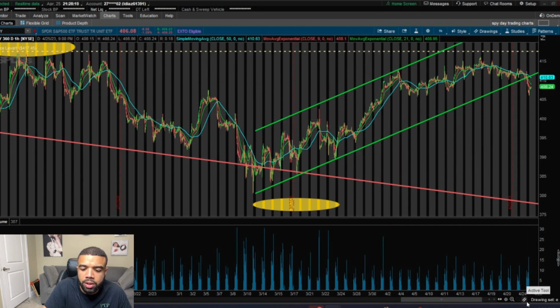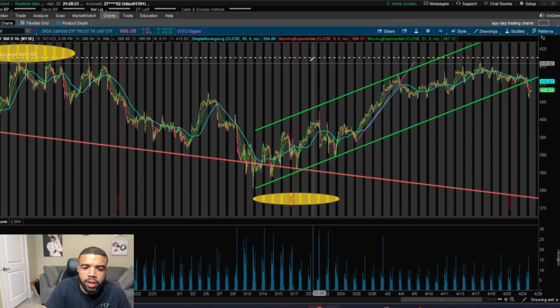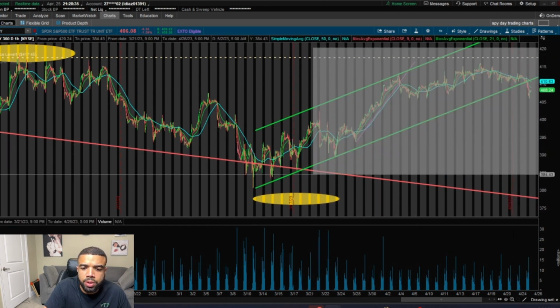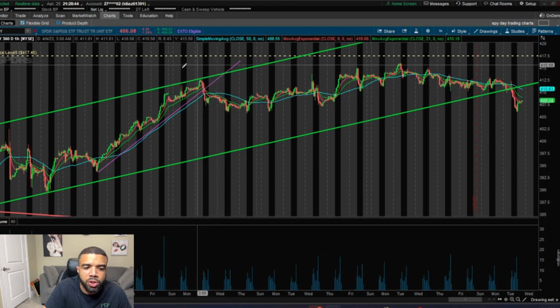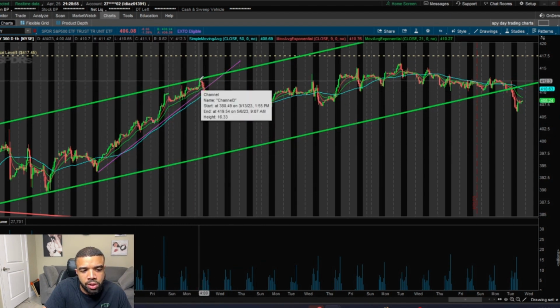So I'm going to draw a line to indicate the trend here. So we had this move up, and I'm going to zoom in here so that you can get a better look at what exactly I want to show you. So we had this move up, and then we had the break of the trend, right? So it broke right here. Now I'm going to draw a box out to show exactly the areas of significance. So we have this uptrend, we have the break, we have the top, which was the last high before the